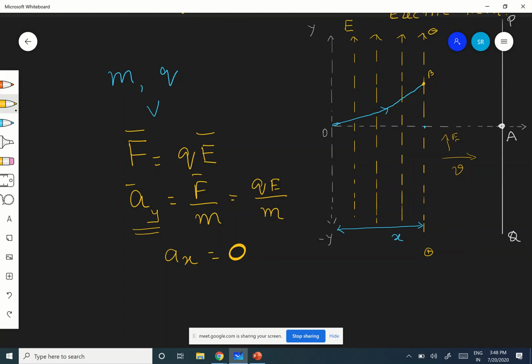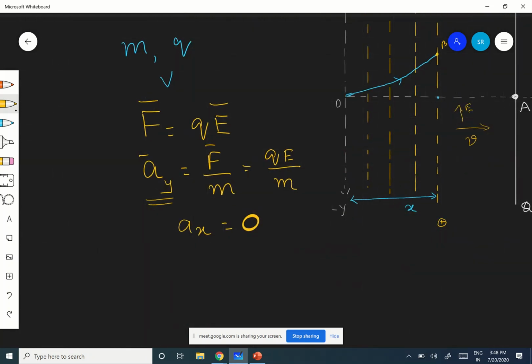Right. Now let t be the time, small t. Let t be the time to cross the electric field. Okay, to cross the electric field means what is it? To move a distance that is equal to x, or horizontal distance that is equal to x. Correct? Once it has moved through the distance x, then it is coming out of the field. Field is only up to that extent.